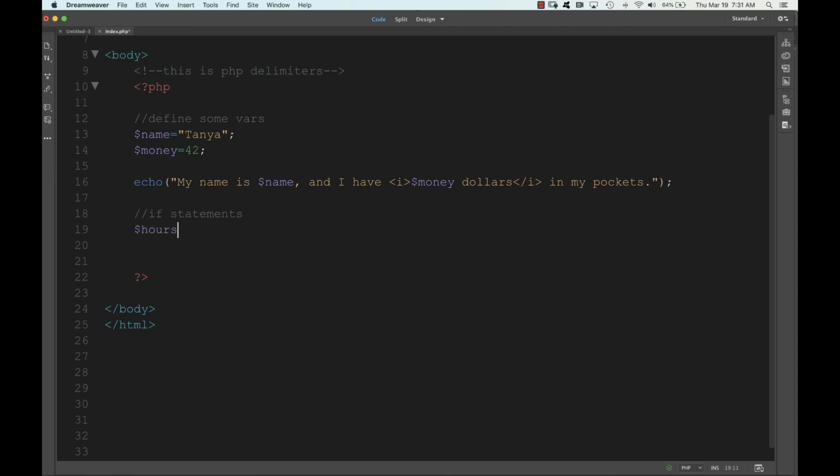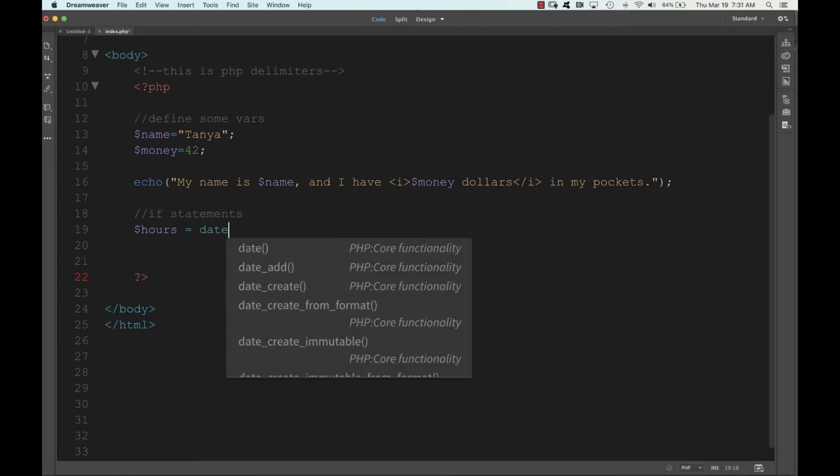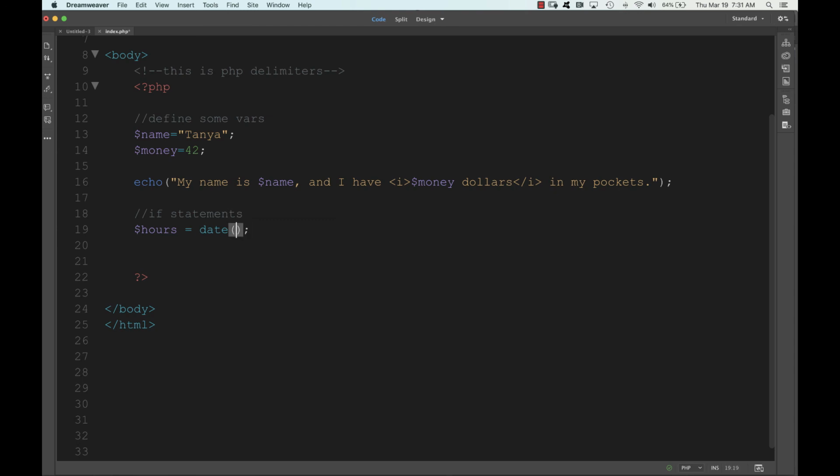So I'm going to make a new variable called hours, and it's going to equal date, bracket, bracket, semicolon. So in JavaScript, we've also used the date object before. And in here, in PHP, all I have to do is H, and that's going to return the hours. So in this case, H is a 24-hour clock. So capital H is a 24-hour clock, and lowercase h is a 12-hour. So I'm doing an uppercase H here, so it'll be easier for me to tell, is it actually morning or